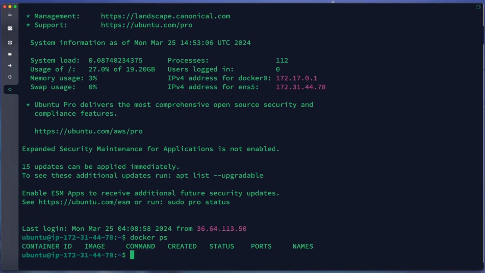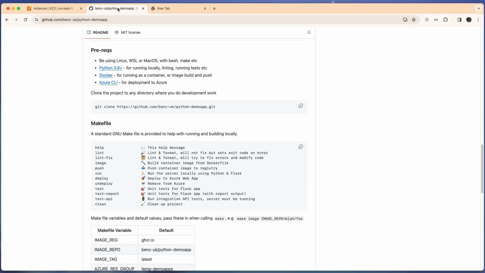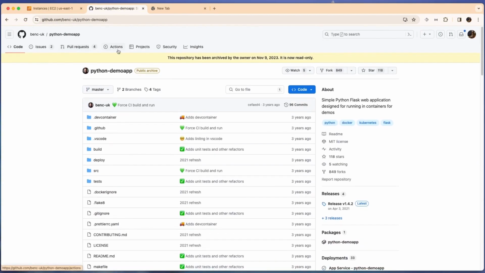We have no container running right now, but in this case we use an application from this Python demo app. So we use a Python-based application. This repository is archived by the owner, but we can still use it.